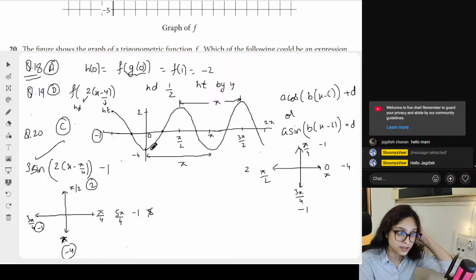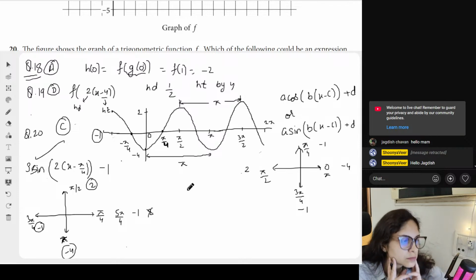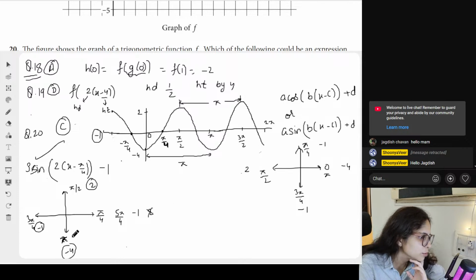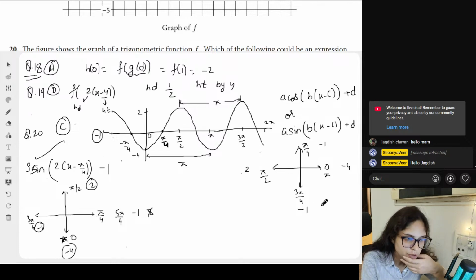The other thing is it looks like a cosine graph. Yeah, and 0 will be over here. So at 0 also it's negative 4. So it's 3 times sine. Okay. And from here also we were able to tell because over here we could see that this will be